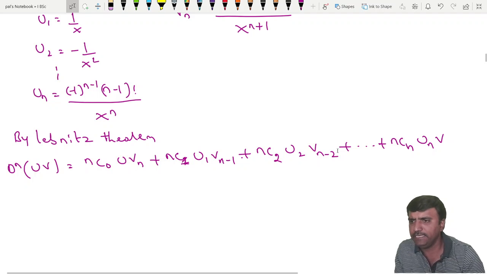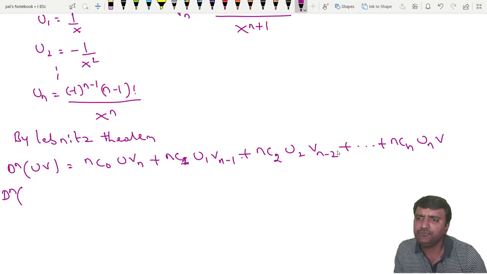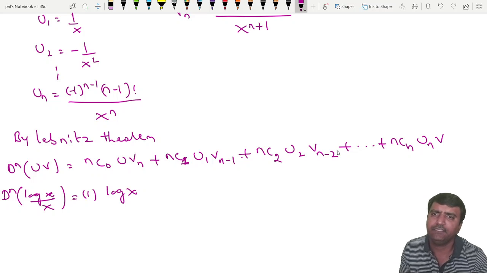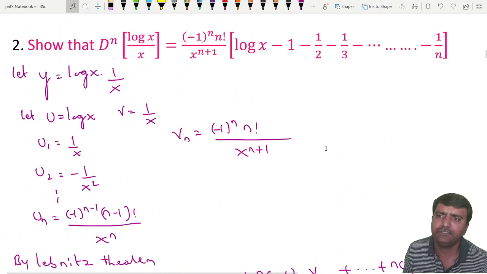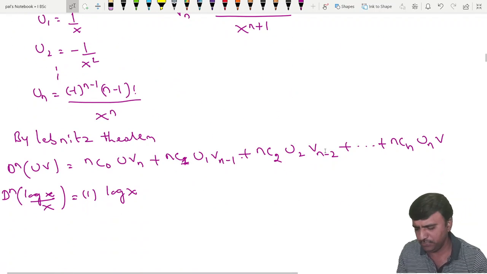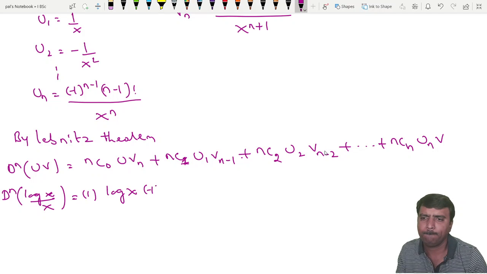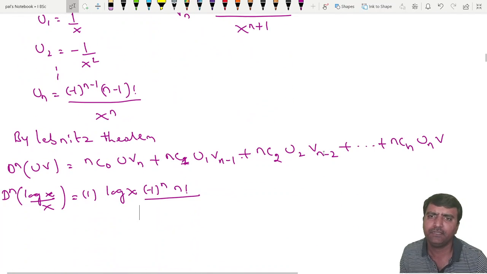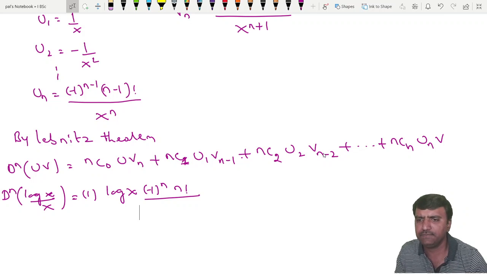Here the nth differentiation of u is log x, v is 1 by x, or you can write log x by x, which is equal to nC0, which is 1, into u which is log x, into v_n, which is minus 1 to the power n, n factorial divided by x to the power n plus 1, plus